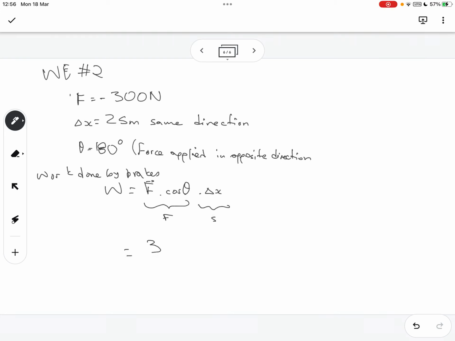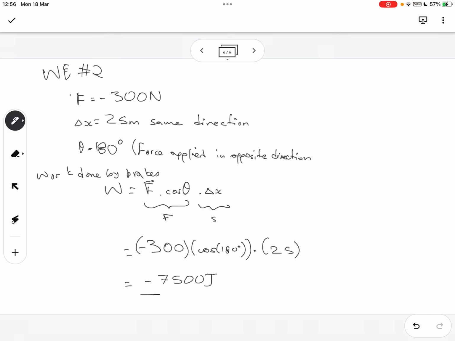Then this becomes minus 300 times cos of 180 degrees multiplied by change in displacement, which is 25, and this gives us how much? Negative 7,500